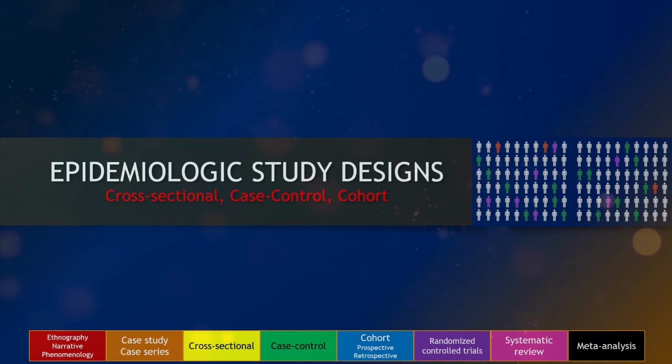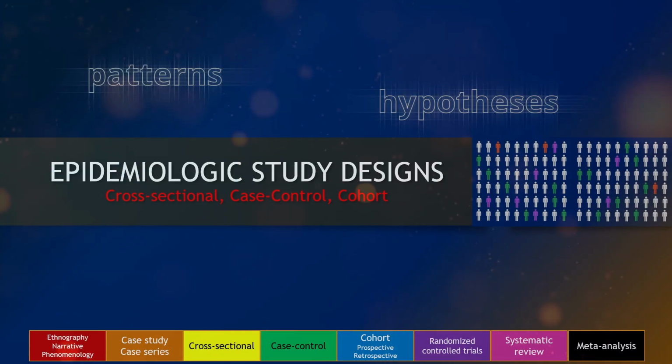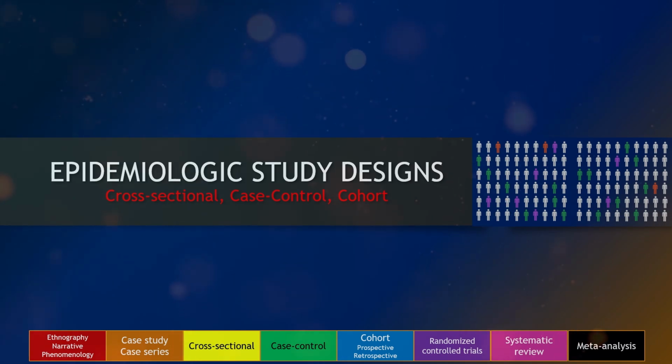As researchers, our goal is to understand the world around us through systematic investigation and analysis. Quantitative research plays a crucial role in this task by allowing us to collect and analyze numerical data to uncover patterns, test hypotheses, and make informed decisions based on scientifically gathered information. In this lecture, we will explore the various types of epidemiologic study designs, each with its own unique characteristics and methodologies. These designs are essential tools in our epidemiologic research toolkit, allowing us to address different types of research questions and challenges depending on the need.